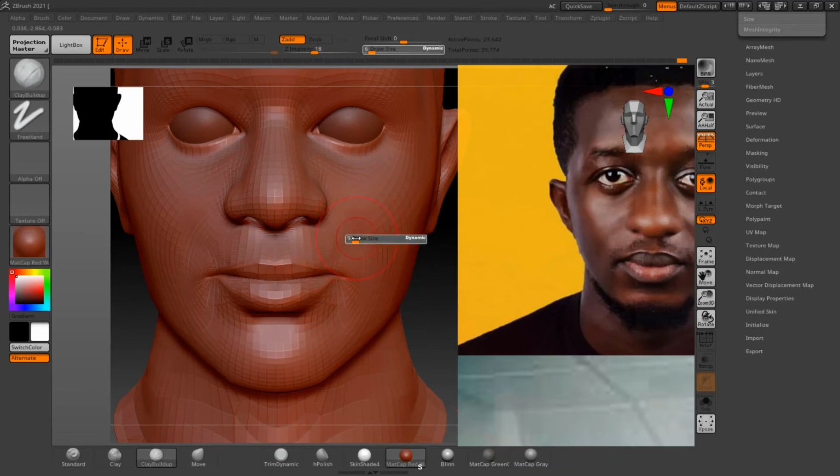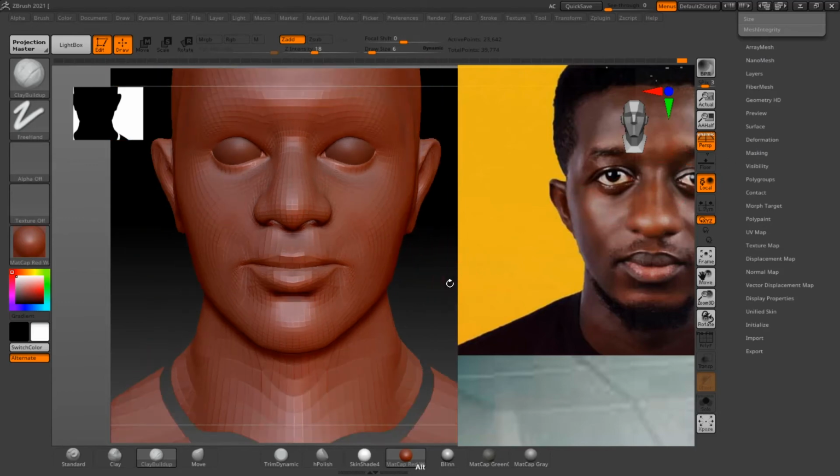Alright, I think we should at this point add another subdivision surface. Subsurf. I think we should add another one. Where are you? I suppose even